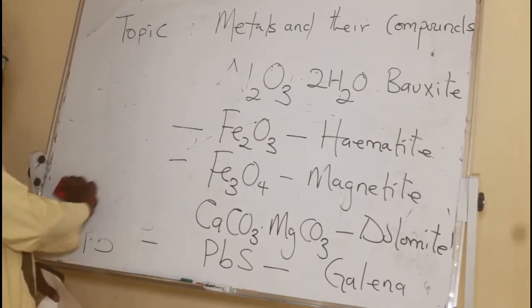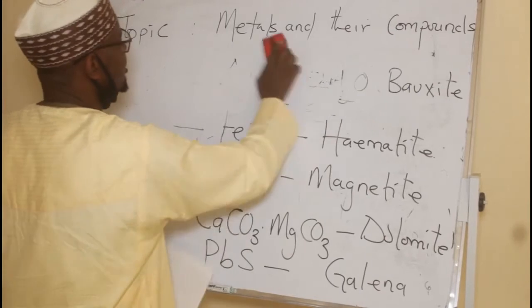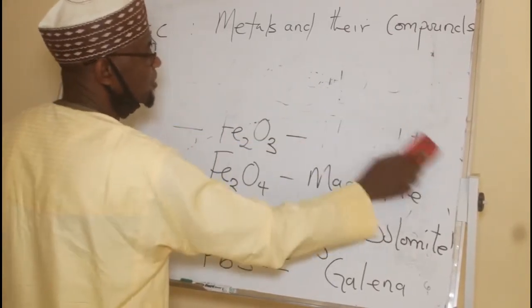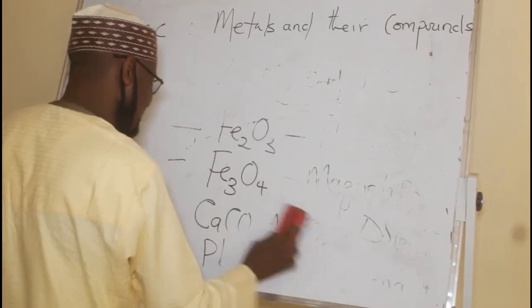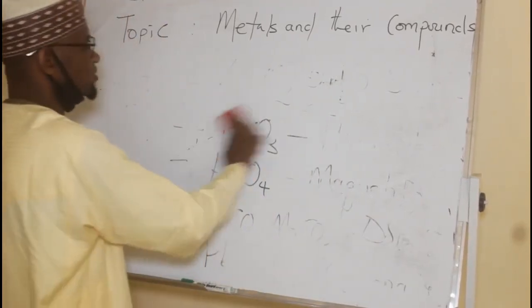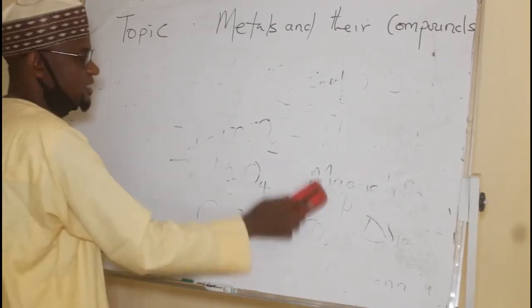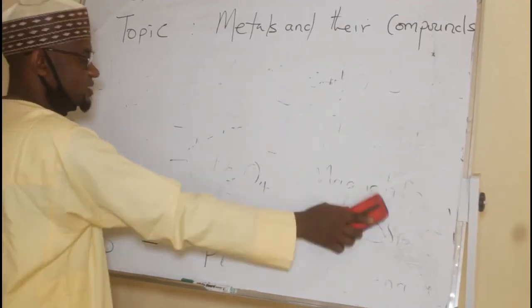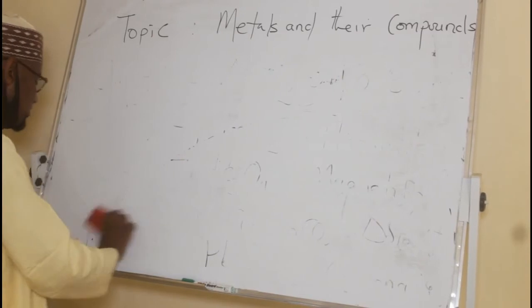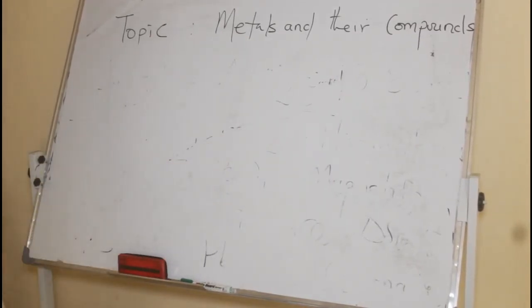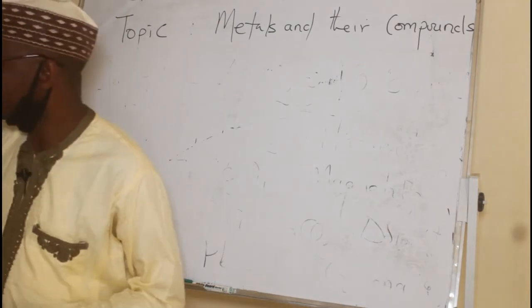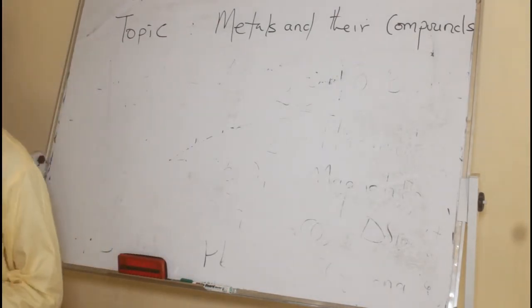And one of the most common techniques is electrolysis. And when we say electrolysis, what do we mean? Electro means what? Electricity. Lysis means breakdown of something or breaking down of a substance. So application of electricity to some compounds in their molten state or in their liquid state is what we call electrolysis. And it's one of the most applicable techniques that we normally use in extraction of metals from their ores.